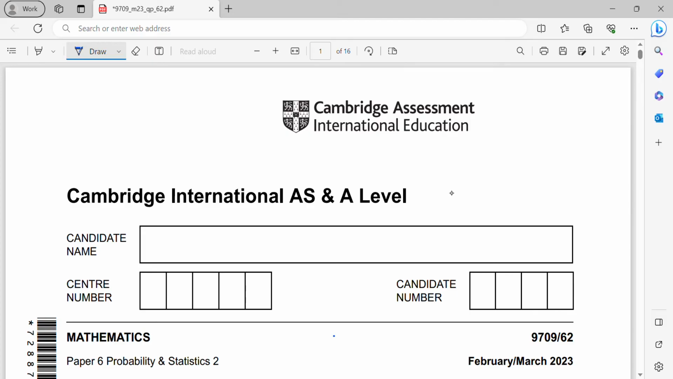This video is to discuss Cambridge International AS and A-Level Mathematics Paper 6, which is Probability and Statistics 2 for February-March 2023, and the code is